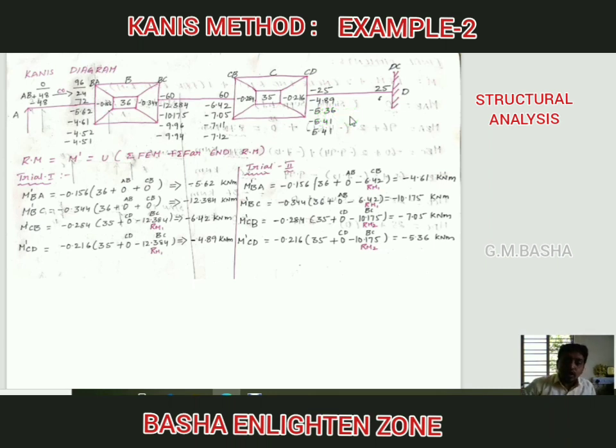Friends, you simplify two more trials and you will get these values. At how many steps should you stop these trials? Observe here clearly. For the first point there will be minus 5.62, then 4.61, and in the third and fourth trials the values are very near, that is 4.52 and 4.51. Observe here also the values are very near, 7.11 and 7.12. So here there are two values that are equal. At that repeated point, you have to stop this procedure, and then your rotation moments are obtained.